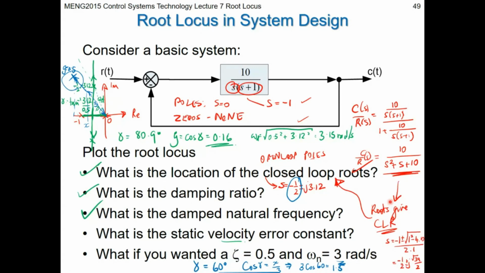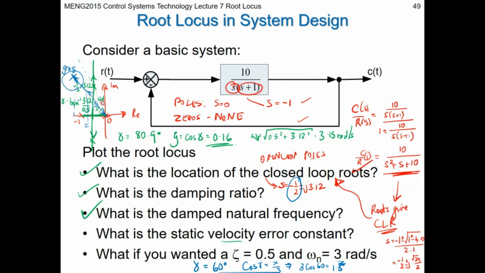And I went through item by item to answer what's the location of the closed loop roots with the system as it stands right now. So as the system stands, what's the damping ratio? I showed that the damping ratio is based on the calculations I did here, based on the location of these closed loop roots. I was able to say, well, then I know my damping ratio is going to be,